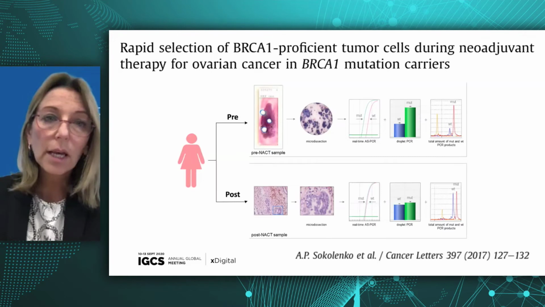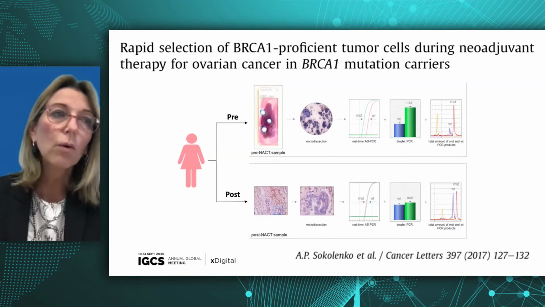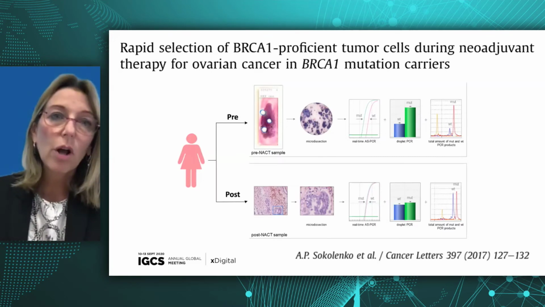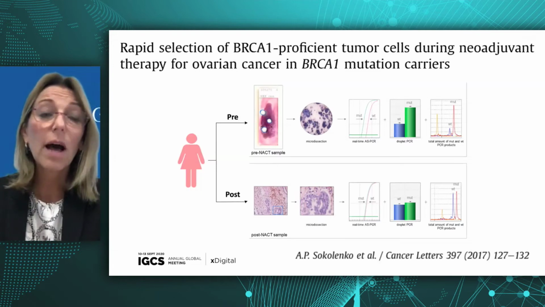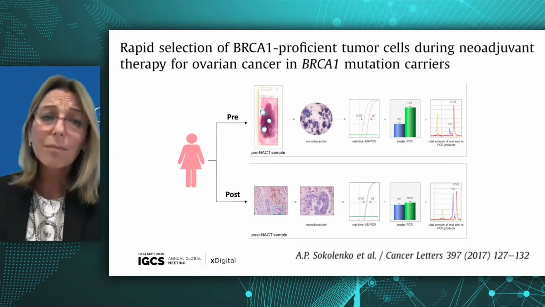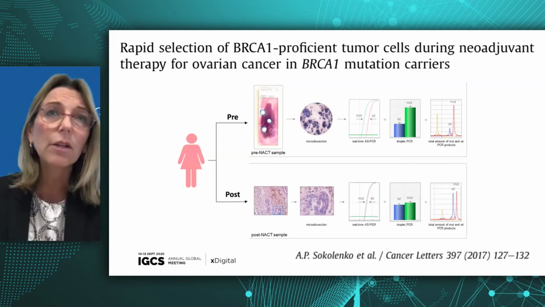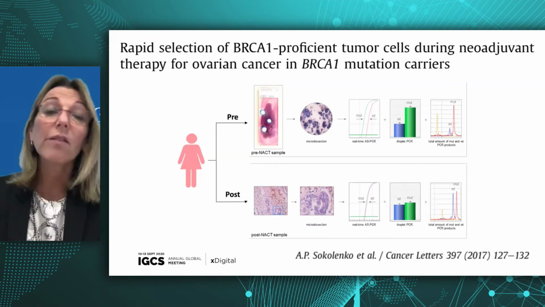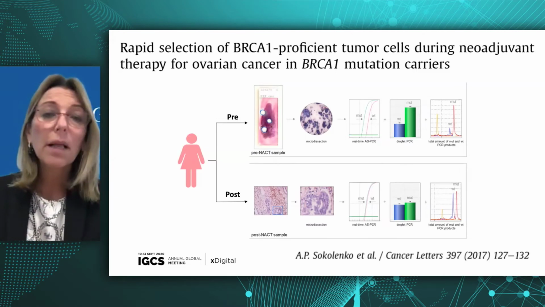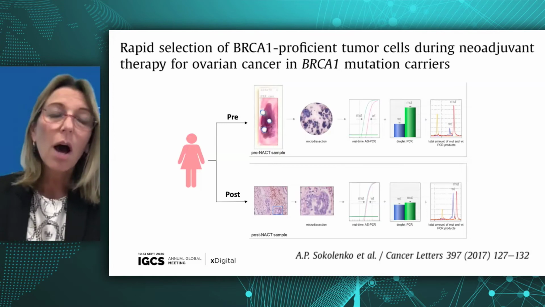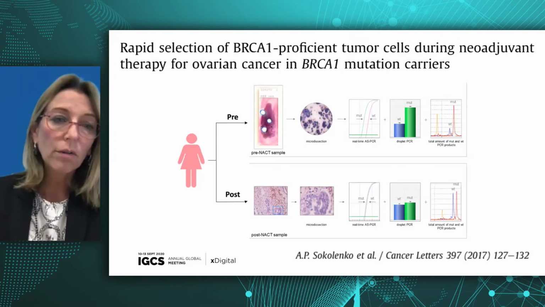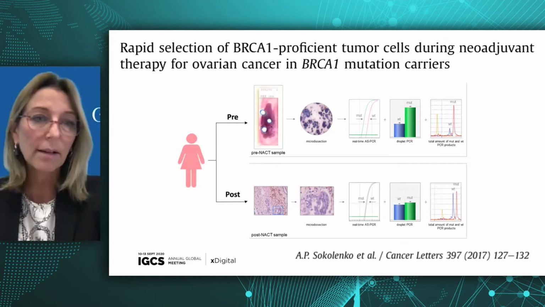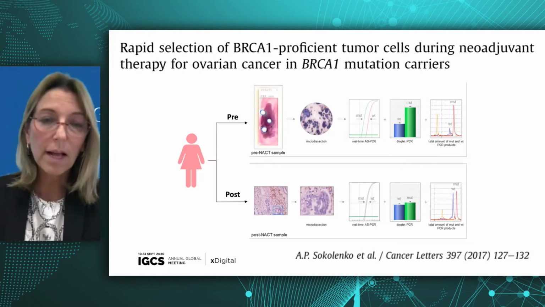And as you can see here, they were able to demonstrate that there was a restoration of BRCA1 heterozygosis after neoadjuvant chemotherapy. And this restoration was not related to reversal mutation in the gene, but however to the selection of